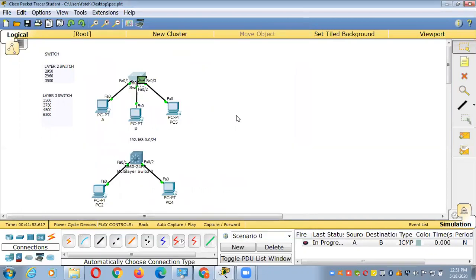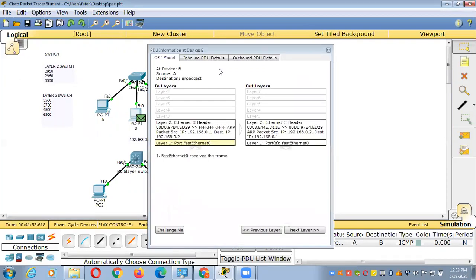But now, what is the switch going to do? The switch will send the ARP request to all the interfaces. See carefully, all the interfaces. But who is going to reply? System B is going to reply. So what will system B create here? System B will create a special type of packet called an ARP reply.